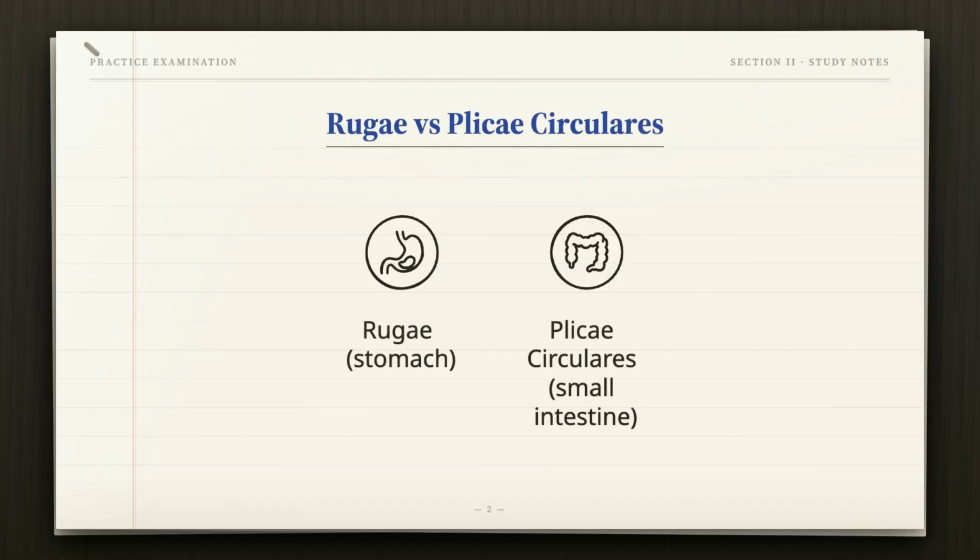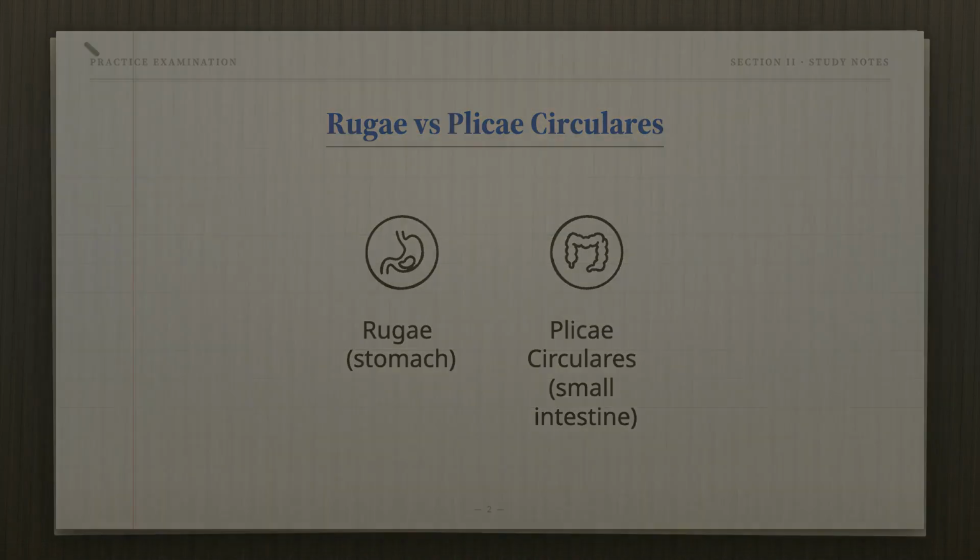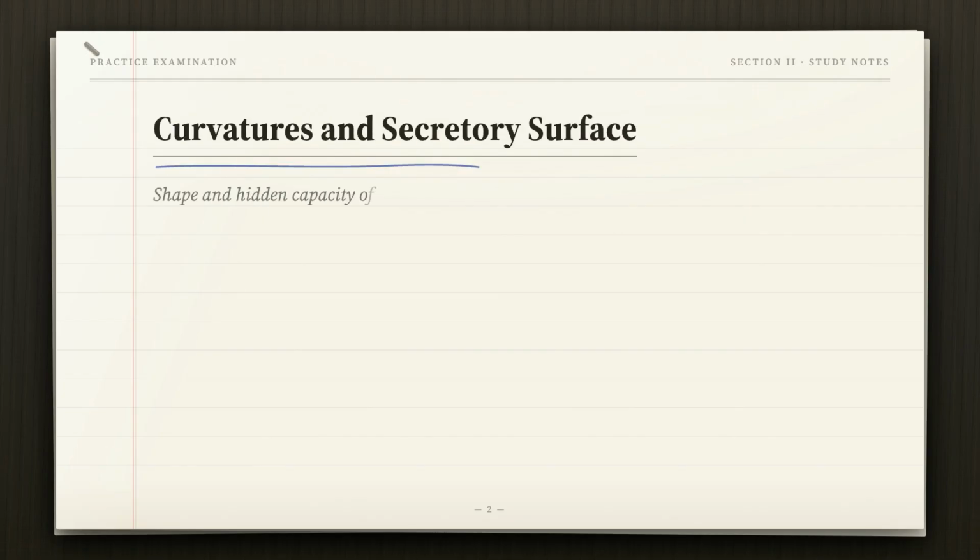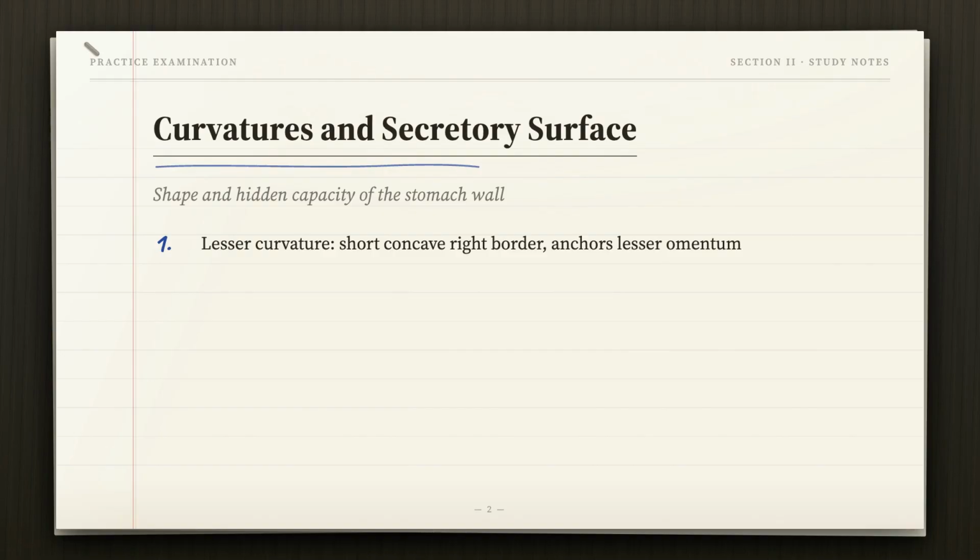Rugae are the folds lining an empty stomach, running longitudinally and flattening like an accordion as it fills, both easing expansion and adding surface area for gastric glands. Plicae circulares in the small intestine look similar but never flatten, because their job is to slow transit and force chyme to spiral, not to accommodate stretching. 2 curvatures shape the stomach. The shorter, lesser curvature anchors the lesser omentum, while the longer, greater curvature anchors the greater omentum draping over the